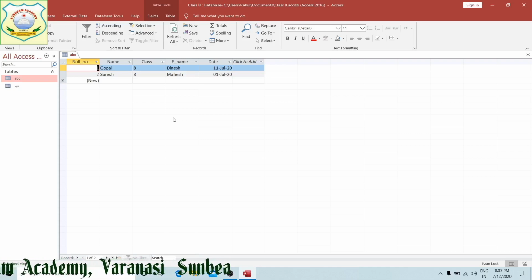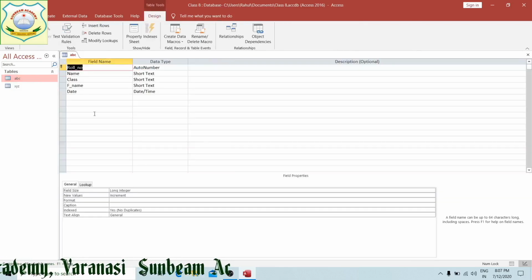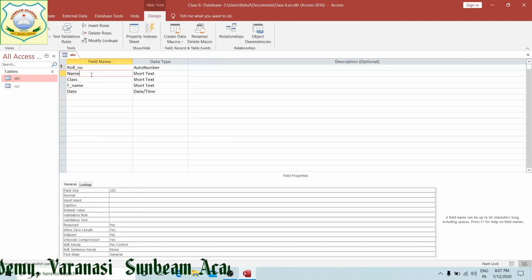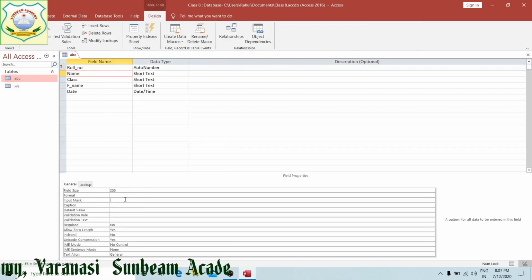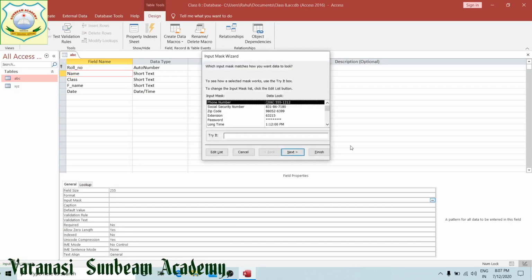Now input mask. For input mask, I am going to see, in which way your data will be shown to you, right?